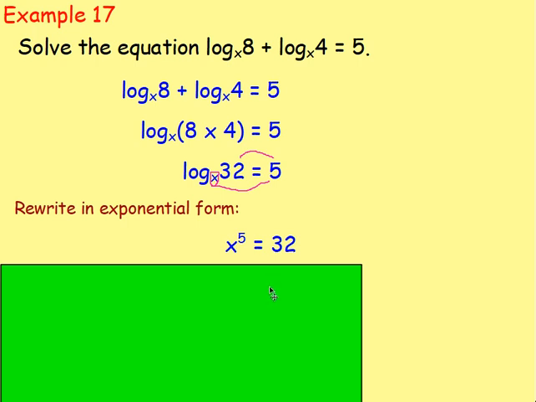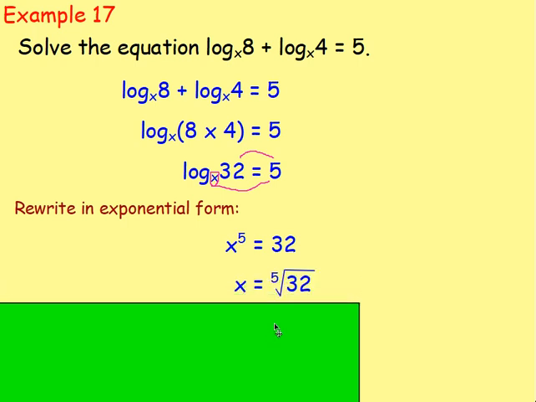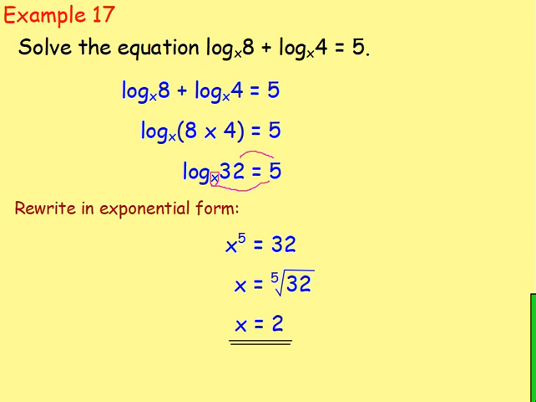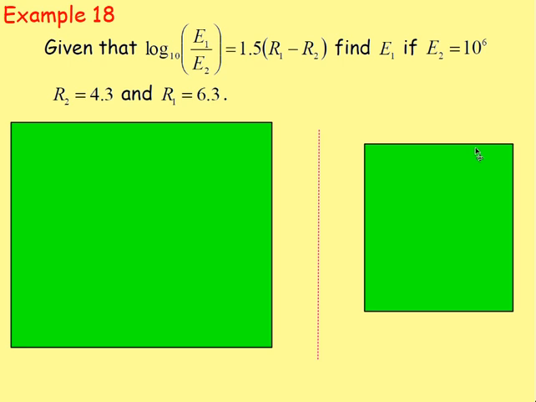From there then, to get the value of x, suppose you could work that out in your head. What number multiplied by itself 5 times gives you 32, and it is going to be 2. Brilliant, well done. You're really just taking the fifth root of both sides, so x would equal 2. One last one. Example 18. Given that log base 10 of E1 over E2 equals 1.5 times (R1 take away R2), find E1 if E2